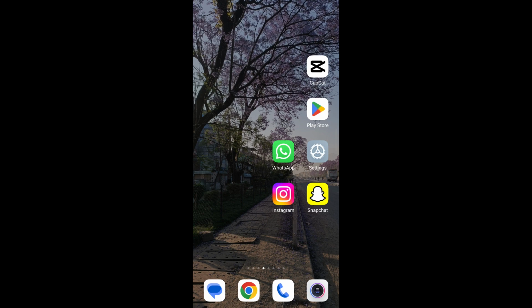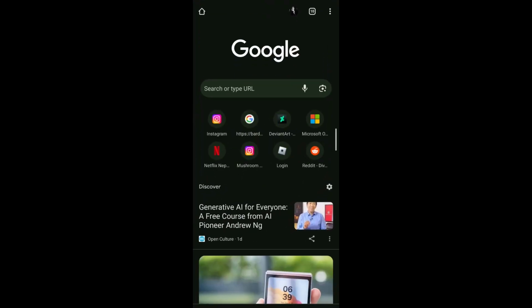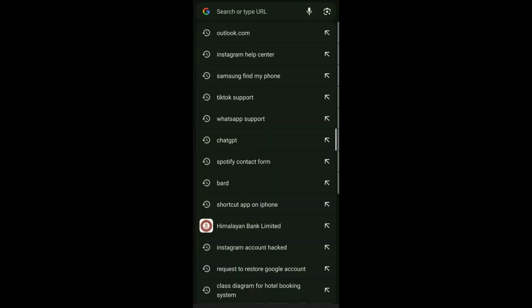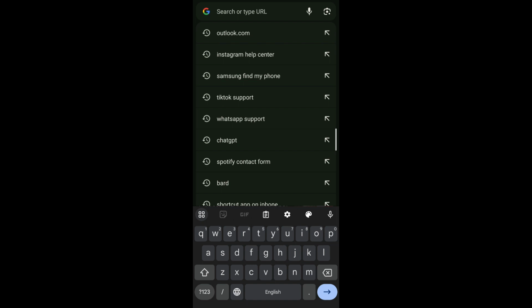Without further ado, let's get started. So the first thing you're going to do is head on over to your preferred browser. Go ahead and tap on Google Chrome for example and tap on the search box on the Google Chrome. On this search box, you're going to type